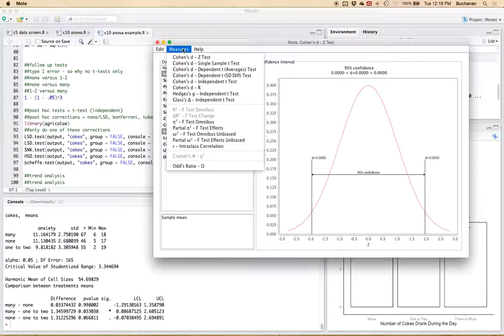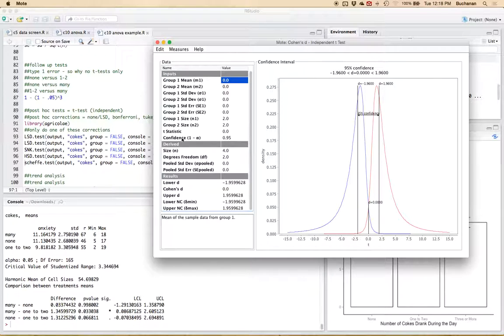Under measures here, this is independent T, because this is a between subjects design, so I'm going to use the regular Cohen's d for independent T. I'm not going to correct with Hedges, okay, but it could. And then I'm going to use this output right here to type in my numbers, or I could go back to my t apply means. So you do have to do this 3 times. So we've got many to none here. So I would do